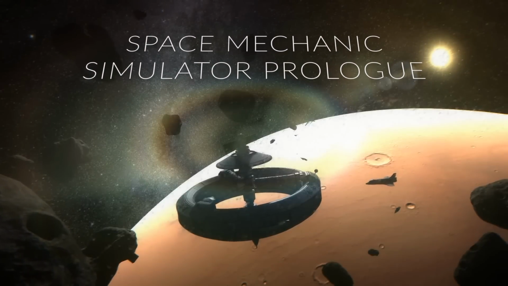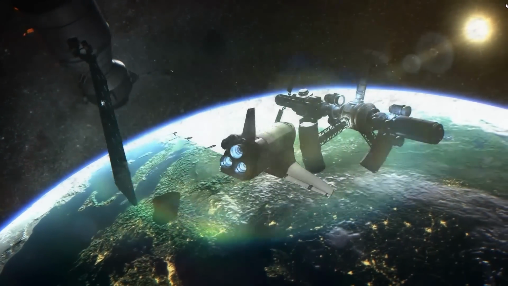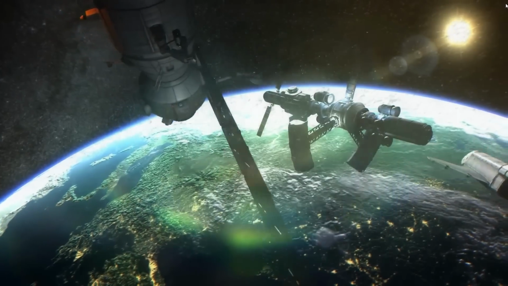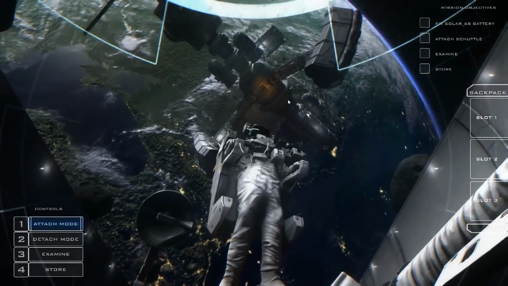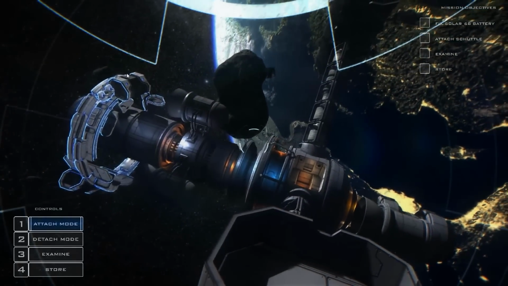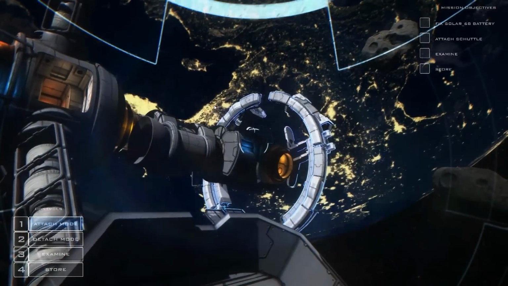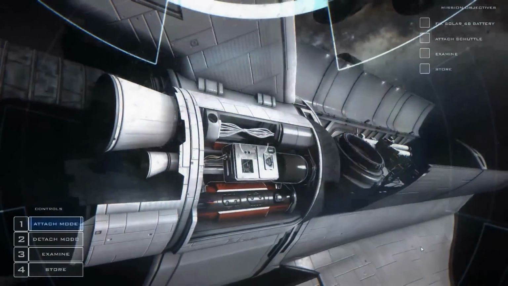Space Mechanics Simulator has been in development for a very long time. For anyone who's been following along, you likely will have been doing so for many years at this point. However, the title is set to release on the 3rd of August 2023, so that's not really so far away. At any rate, if you want to try the title out for free, Space Mechanics Simulator PROLOGUE is available on